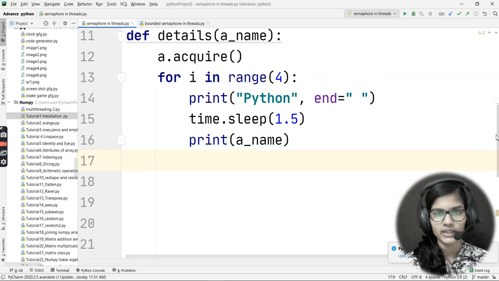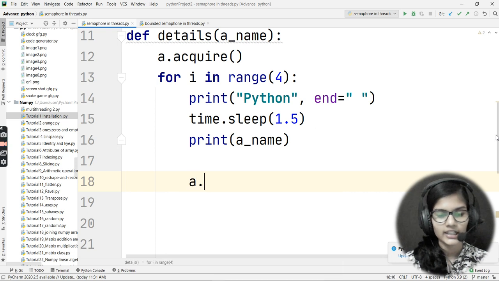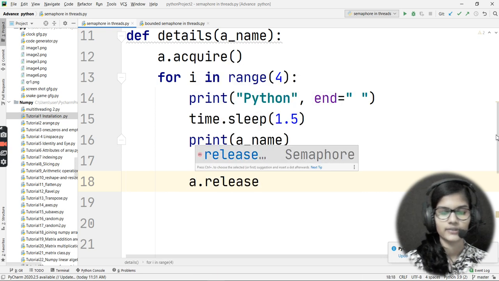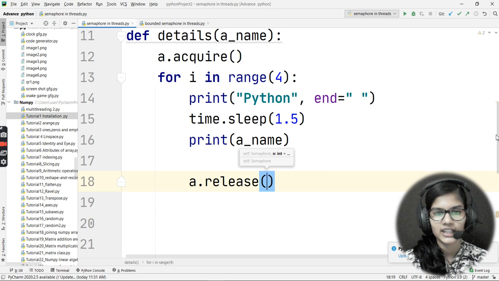So a.release. I would come here, go back, give a tab space here, and come down and use a.release. So I'm calling my release function here.